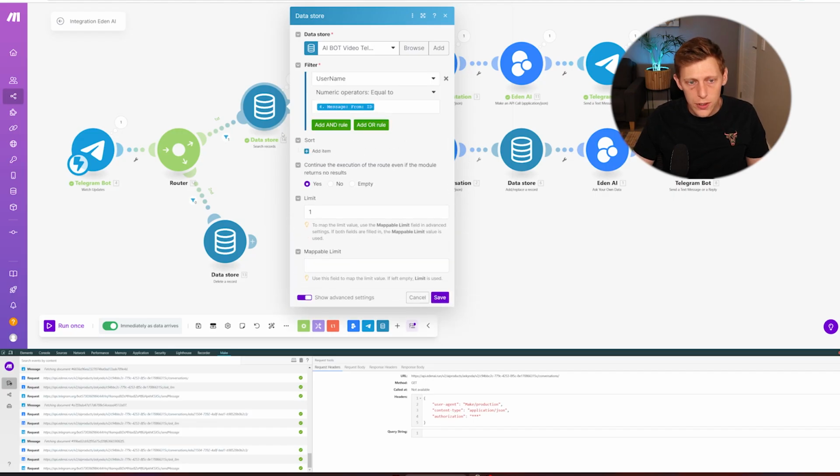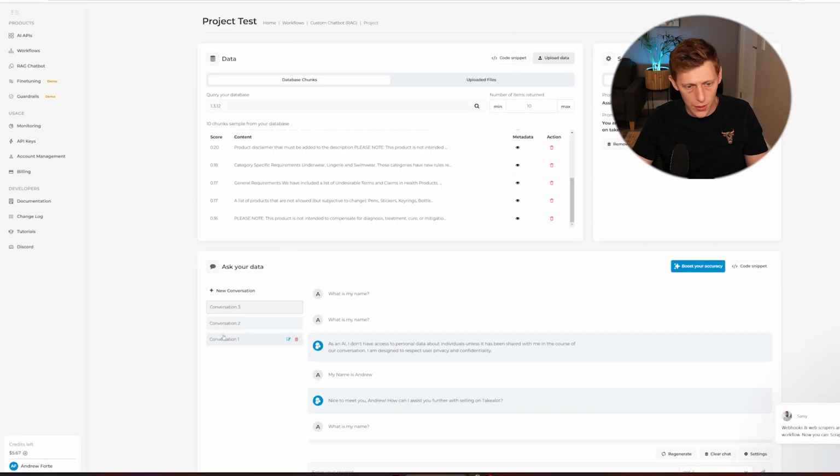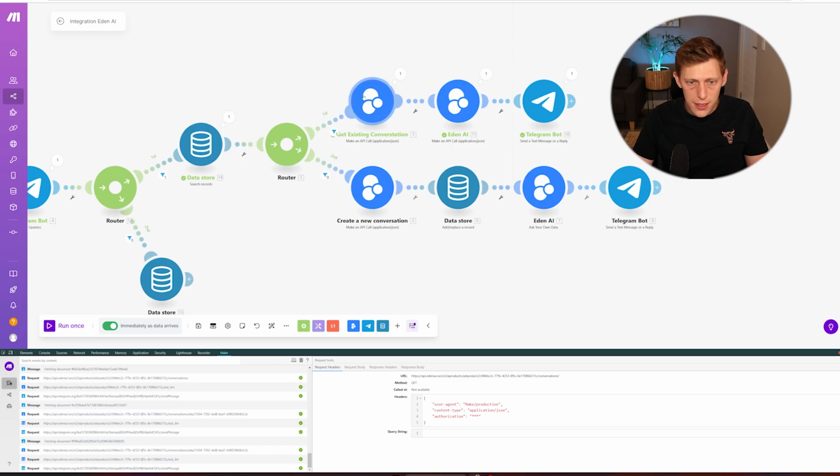If the message says clear, that's just knowing that it's the start of a new conversation, more for testing reasons. Then search records. I want to search the record for a conversation ID, because I want to keep chatting. For each user that's interacting with the bot, they should have their own conversation. Then if it's an existing conversation, it's going to get the conversation ID, make the request, send a message